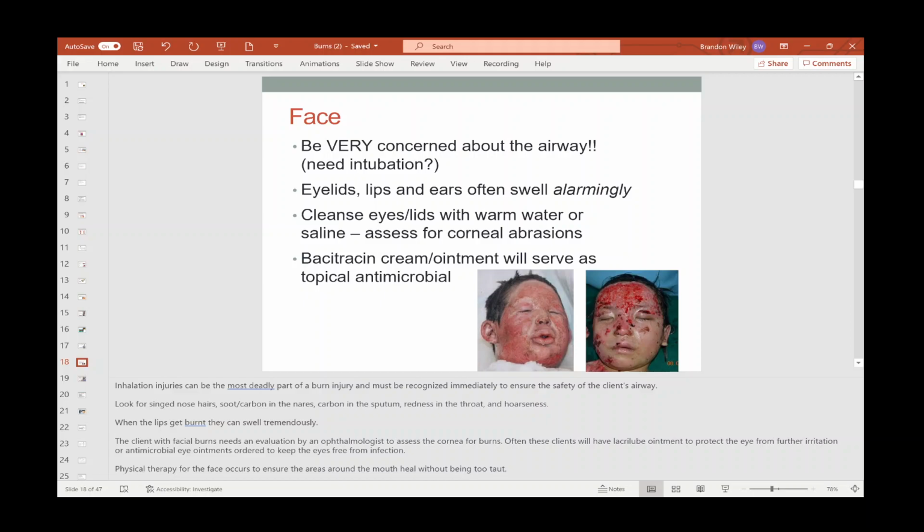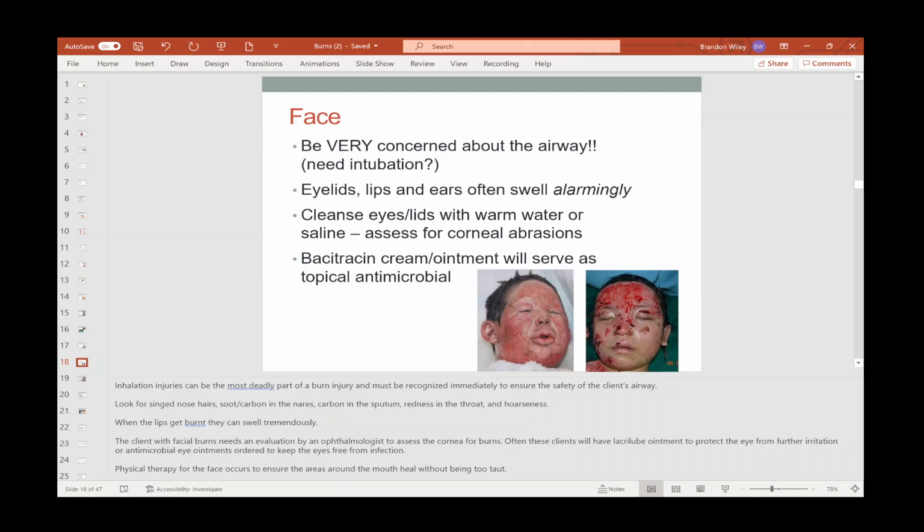So what is one of our assessments that we're going to do immediately? I'm going to assess your airway. I'm going to look in their throat. I'm going to listen to their lungs. If my airway is closing in, what do you think I'm going to hear? You're going to hear some stridor. What else might trigger while I'm talking to you? What else might trigger that? Oh,